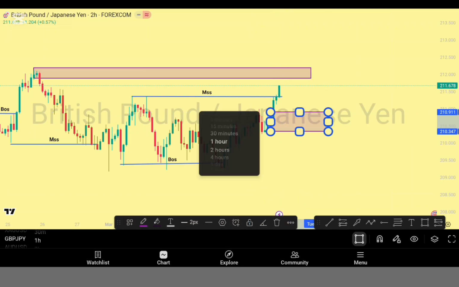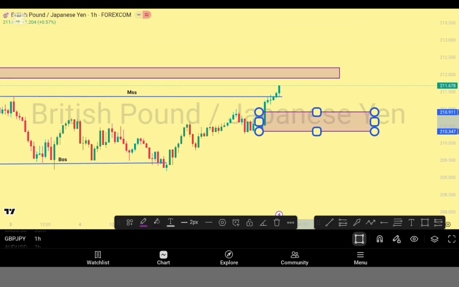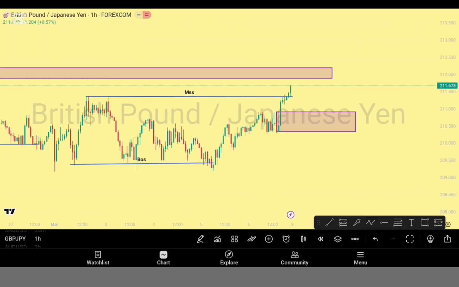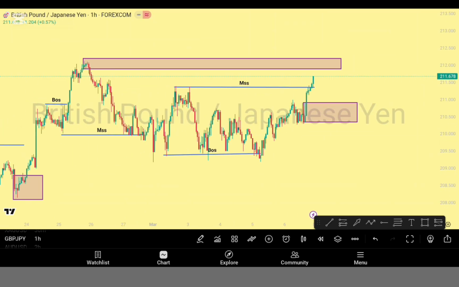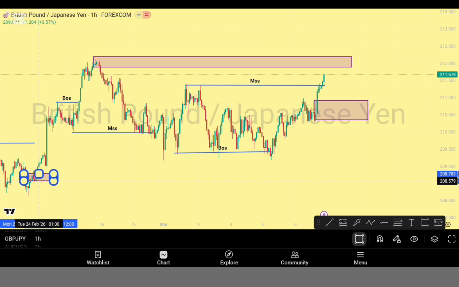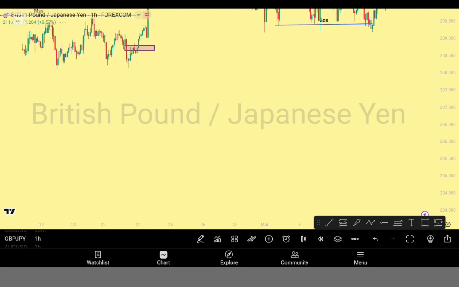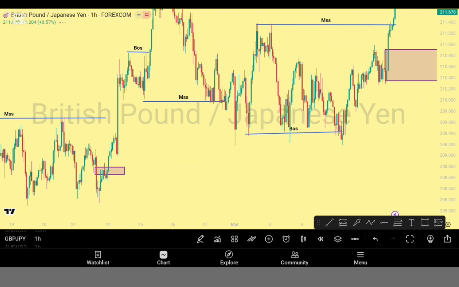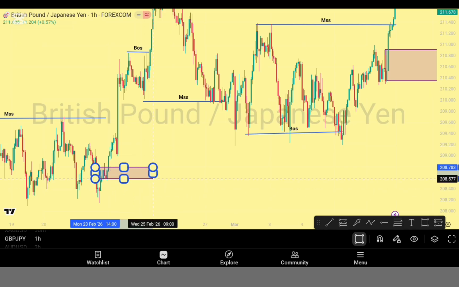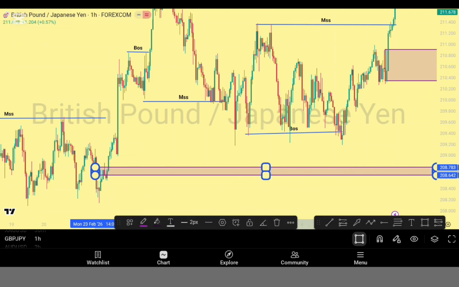Then we'll go to 1 hour. Now in 1 hour we are going to adjust it. So in 1 hour we're not going to summarize. I told you that summarizing your chart is not really a good thing. So you're going to zoom out, and this was the origin we were waiting for all through last week, and